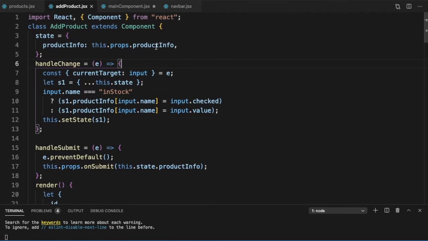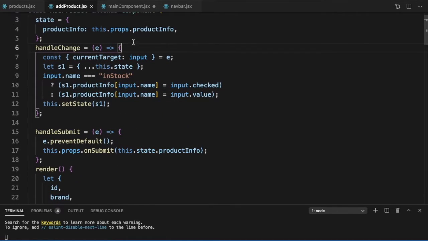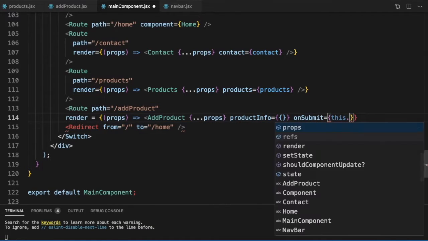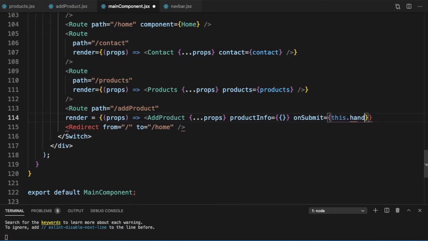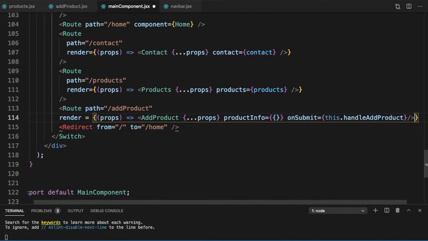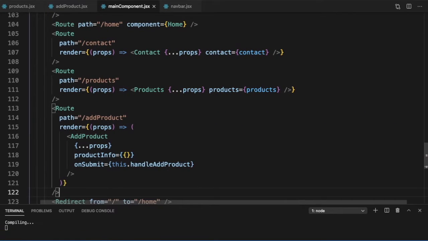So it's expecting a product info and an on submit. So product info is an empty JSON. On submit is equal to this dot handle add product, and we close our add product and we close our route. So this is the route we have created.